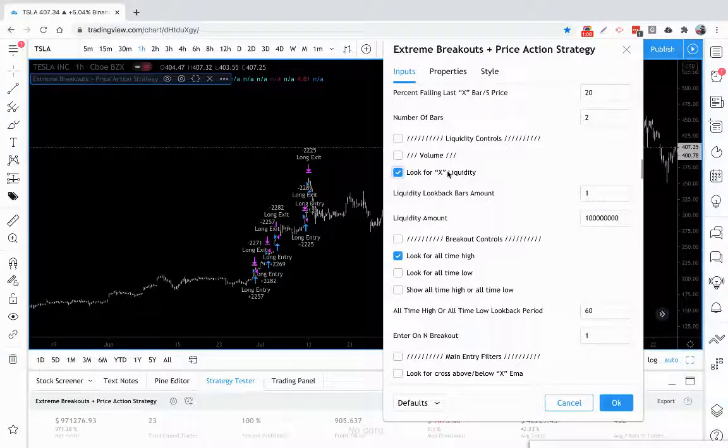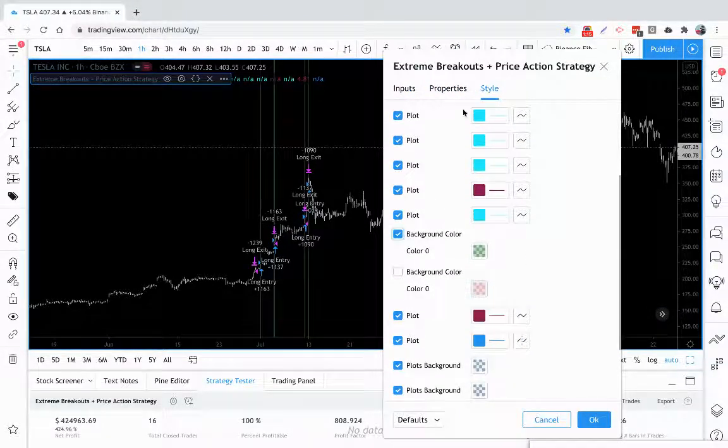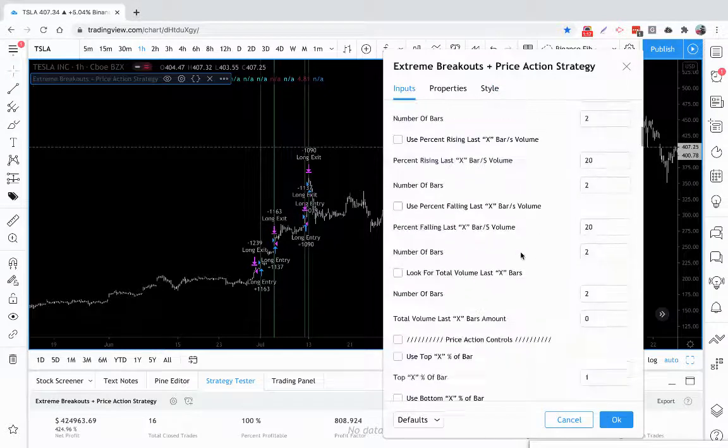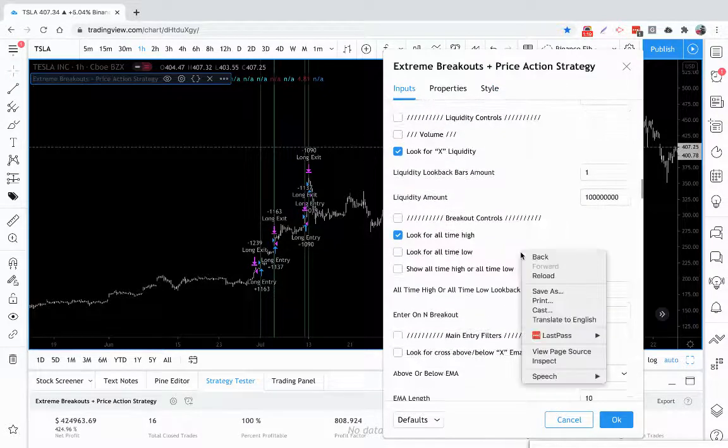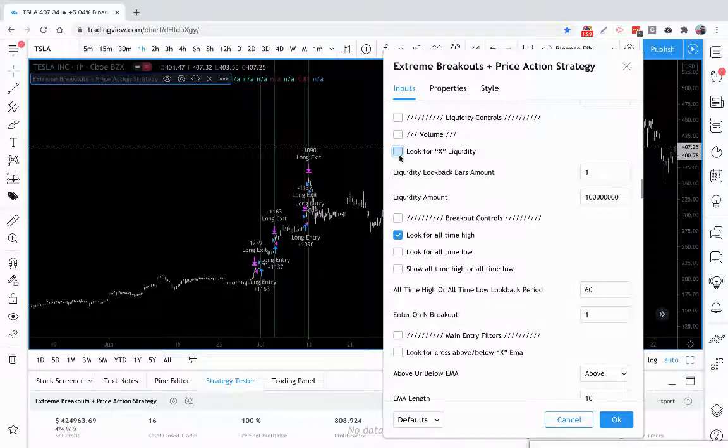So if we're looking for that condition of one bar, turn the background color on, and you'll see how that is filtered for it. We take it off. And if you had a volume indicator down here and you multiply the volume times the asset price, you would get the liquidity. So that's if you're looking to enter or exit, depending on how much your trading fund or your trading account is